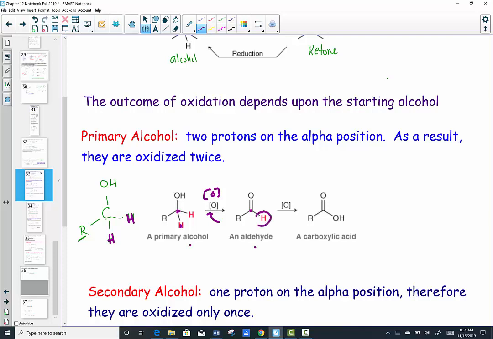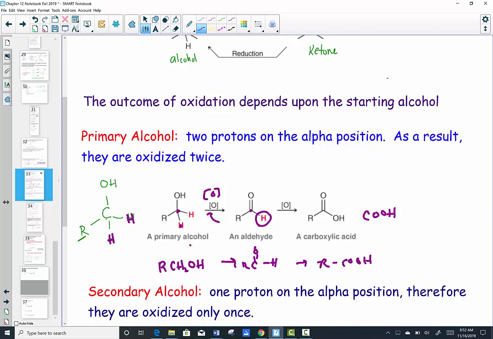There's still one more hydrogen that can be oxidized, and that would lead us to a full-blown carboxylic acid, COOH. So in the process of oxidizing a primary alcohol, we have the primary alcohol with a carbon attached to 2 hydrogens, and it would lead to the aldehyde, the RCOH, and finally all the way to the carboxylic acid